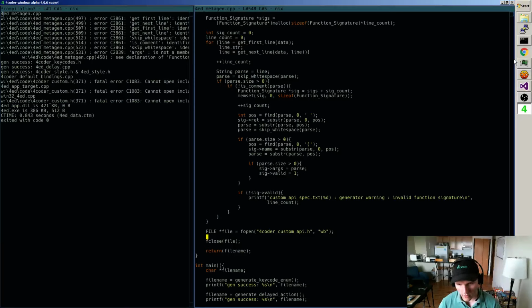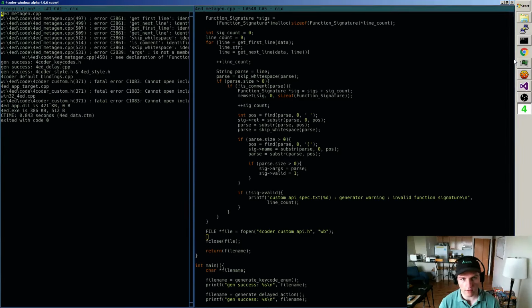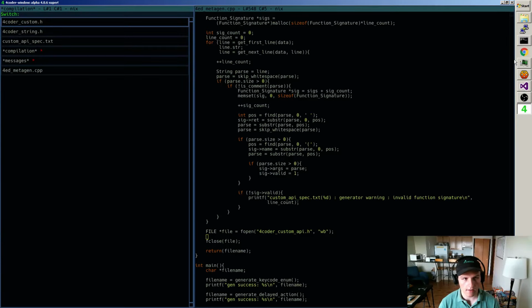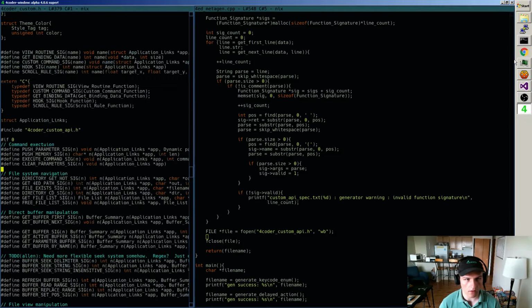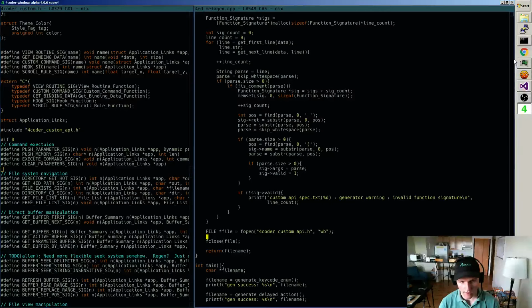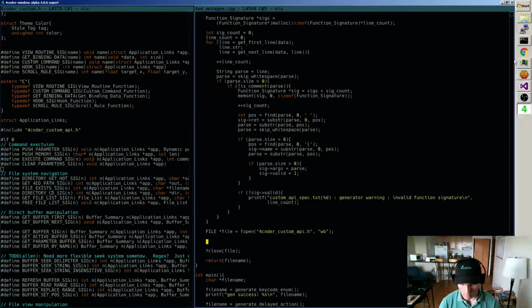And now what I want to do is, I need to generate stuff that matches everything in custom here. So it'll be something like for int i equals 0, i is less than sig count, plus plus i.